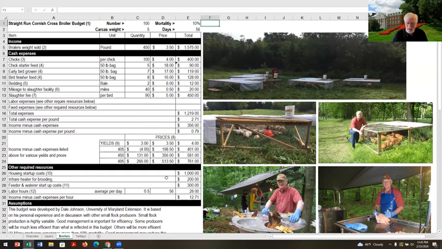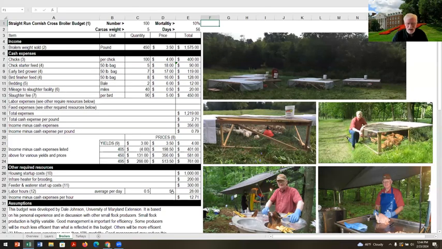I've got my yield price matrix like I did for the broiler budget. And then same thing about housing. I could go ahead and put the housing up here. If I put the housing up here, it's just going to take that profit down a little bit more. But you need to think about these startup costs. You've got to get this money to get you going. And some of this stuff does wear out a little bit. These do last a long time. I built these cages myself, and after about 17 years they're starting to deteriorate. They lasted a long time. I got my money's worth out of them.